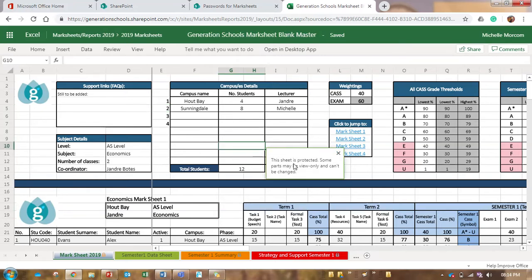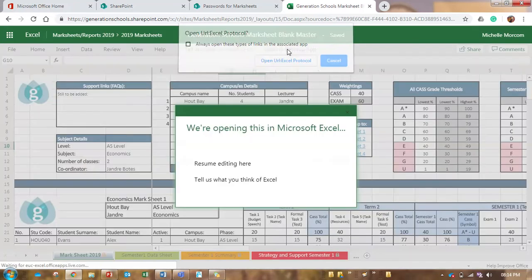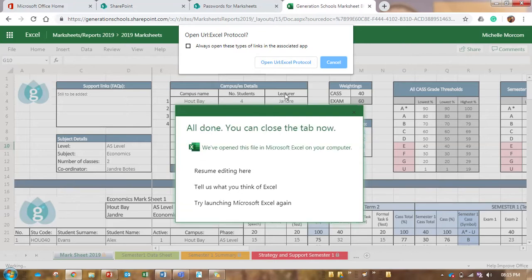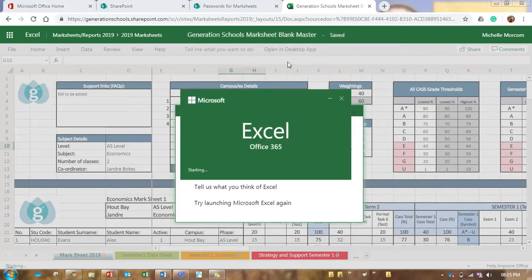Errors pop up. So what you do need to do is just open it up in your desktop app. You would need to have Excel installed on your device in order for this to operate. However, that shouldn't be a problem since we all have Microsoft Office 365 accounts. We would have had the ability to download the app. So it might pop up a "Do you want to download?" app thing. Just click on it, follow the prompts, and eventually you'll be able to enter it into Excel on